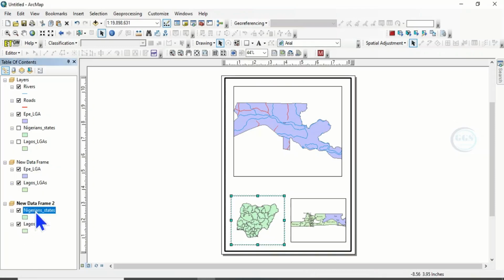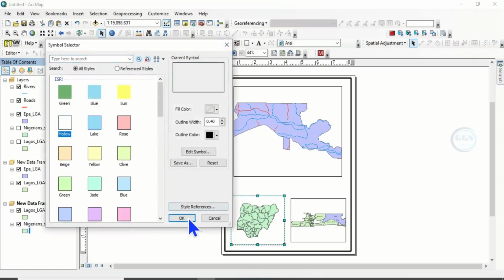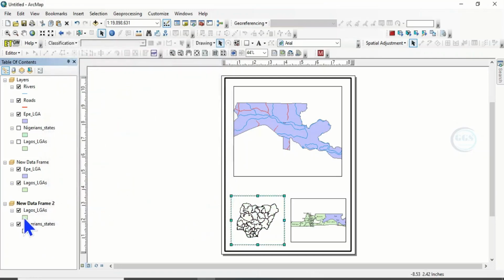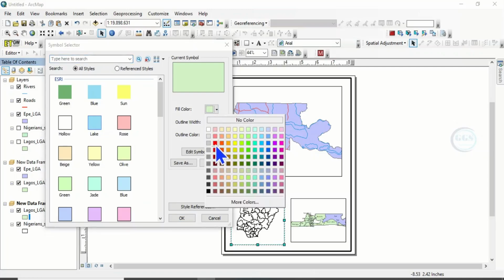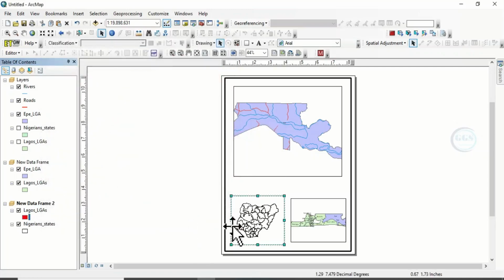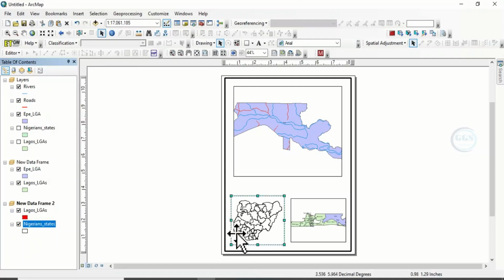Come to Nigeria, let Nigeria be below. Then change the symbology, click on here and change it to hollow. Click on OK. Then this Lagos, give it a color, a notable color. Let's give it red and click on OK. It may not show because Lagos is very small compared to the whole Nigeria. So right click Nigeria and zoom to layer. So here is Lagos, but because Lagos is very small compared to the entire Nigeria,